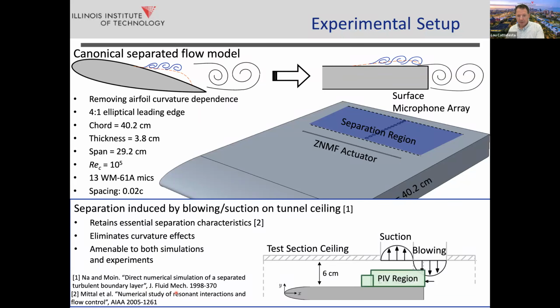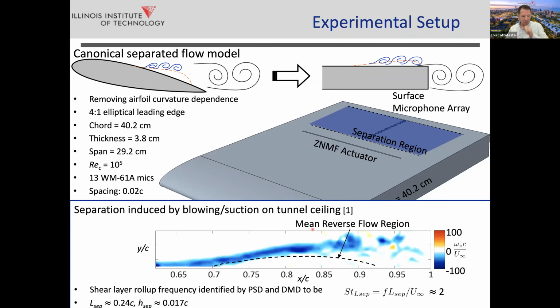All right, so just showing you here the PIV. I'm going to show you two different regions that we use for PIV. One captures the entire separation bubble, and the second smaller region that I show you in the middle is measurement right around the location of the actuator. So using this, we can actually compute the momentum flux, if you will, that's coming out of the actuator, so a much smaller scale.